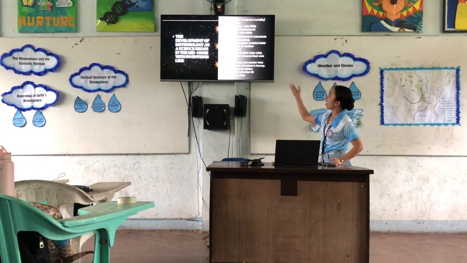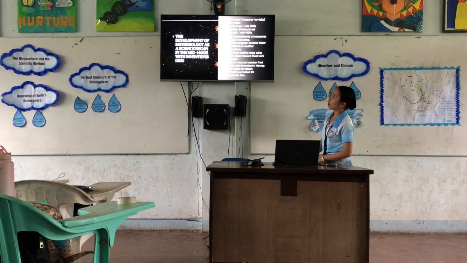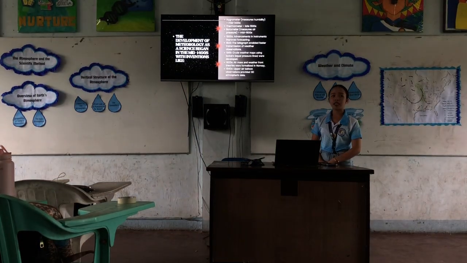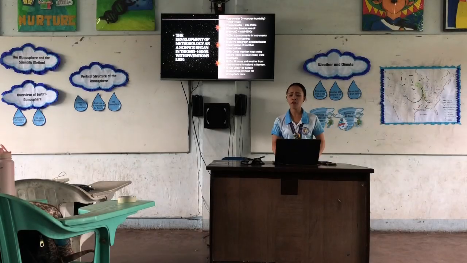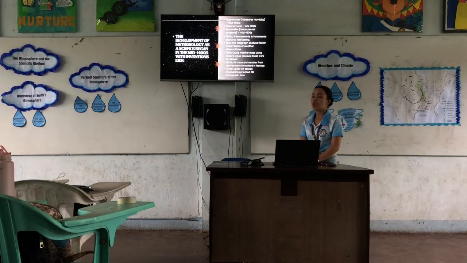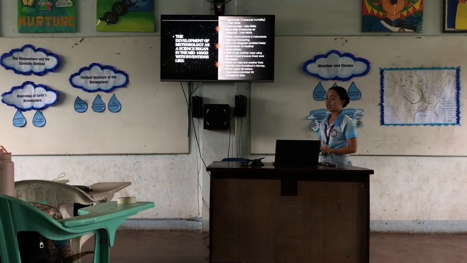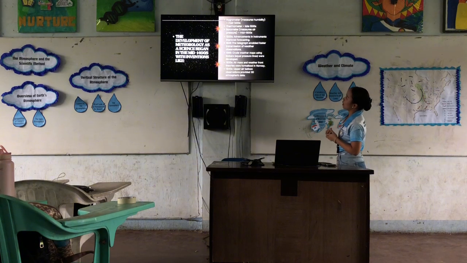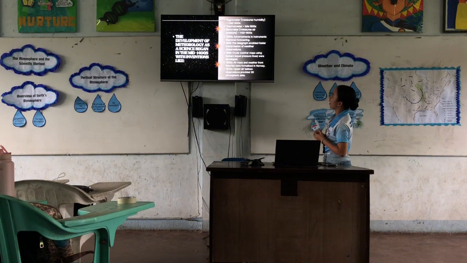These are the inventions in the development of meteorology as a science that began in the mid-1400s. First would be the hygrometer, which measures humidity. Second one will be the thermometer, invented in the late 1500s. Third one will be the barometer, which measures air pressure. And during the 1800s,